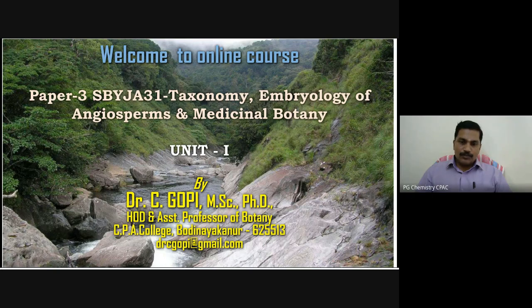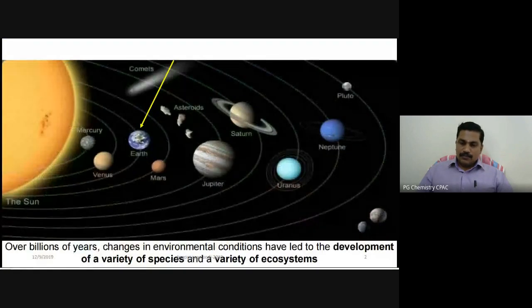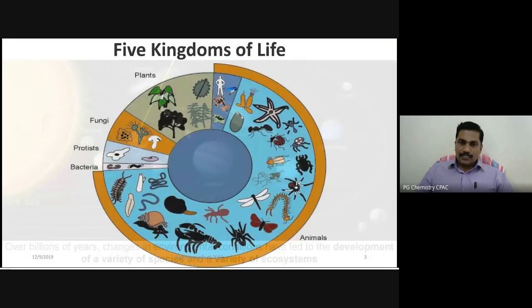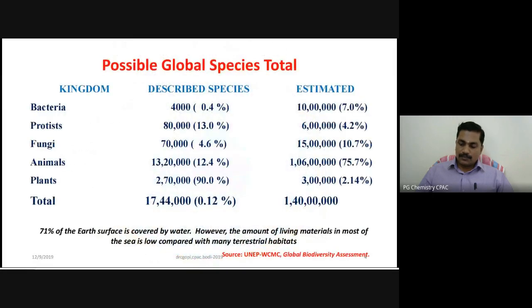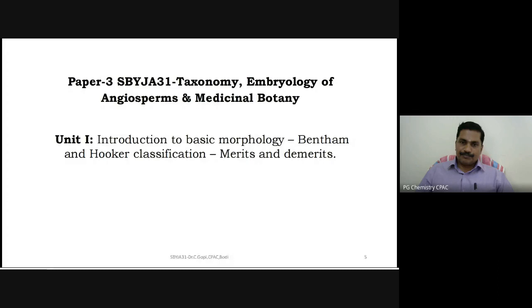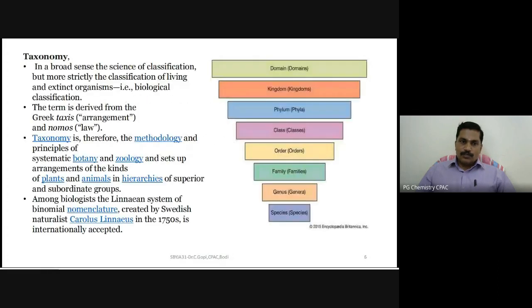So coming back to the practical part of the taxonomy, embryology of angiosperm and medicinal botany. These are some slides we have already discussed. Just have a look. So coming back to the classification, the first broad category is domain, followed by